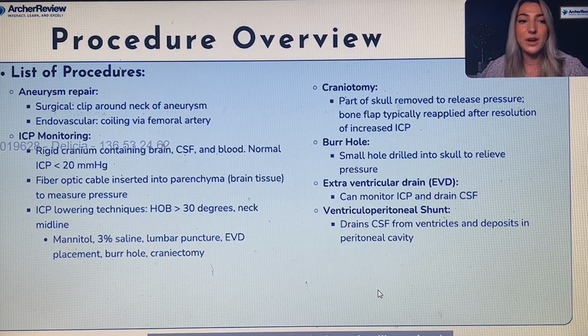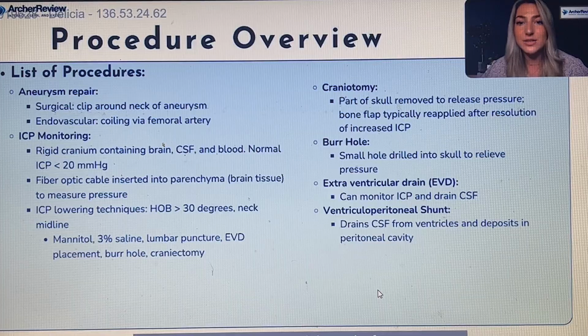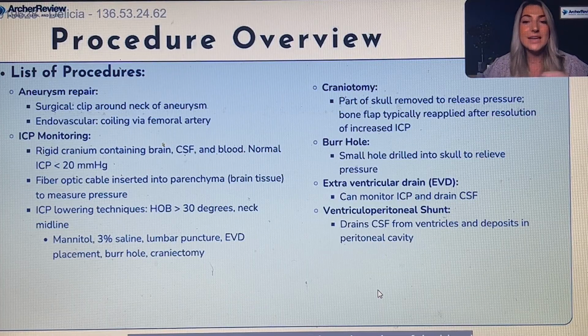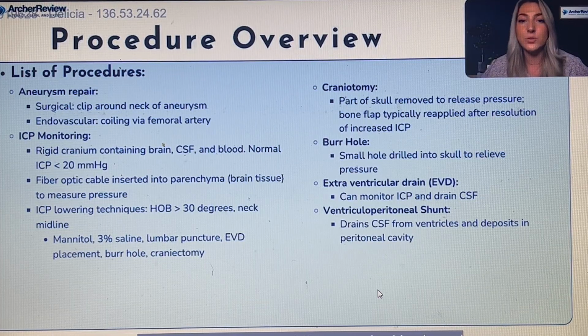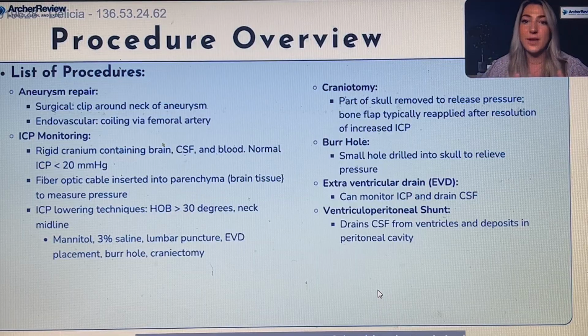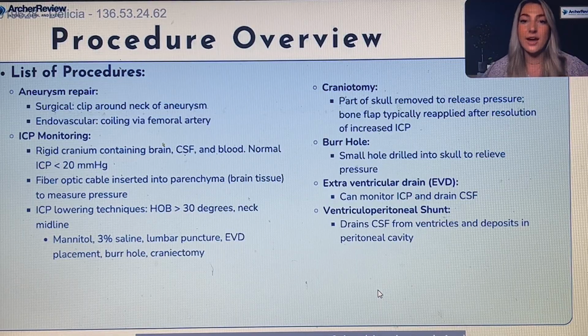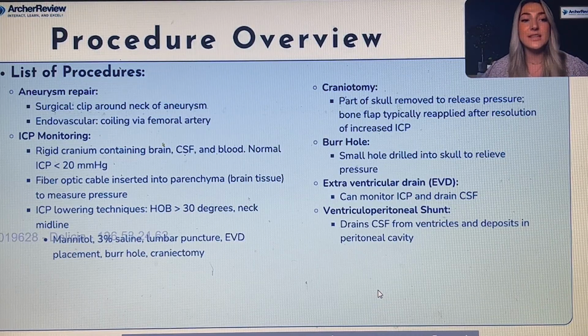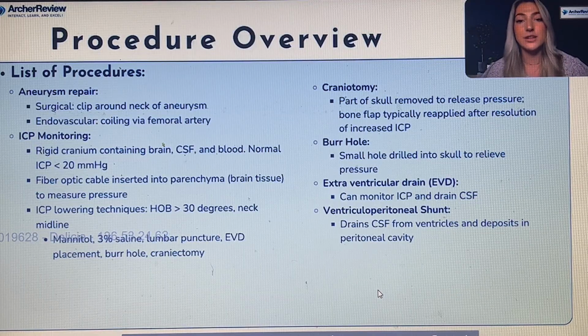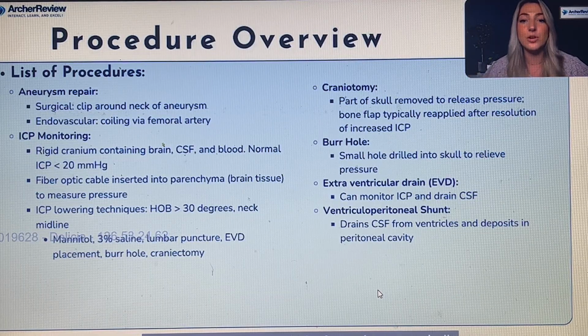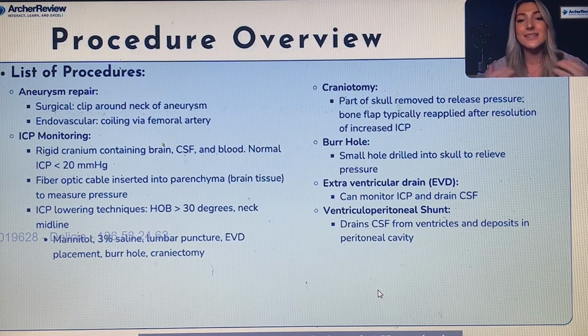So surgical repair will require the provider to place a clip around the neck of an aneurysm to obstruct blood flow into that weakened portion of the blood vessel wall, which will hopefully prevent that blood vessel from dissecting and causing a bleed. Endovascular repair involves coiling the bulging area of that blood vessel, and we can do this again with endovascular management. So we're just going to enter through the femoral artery typically, and it's not as invasive as